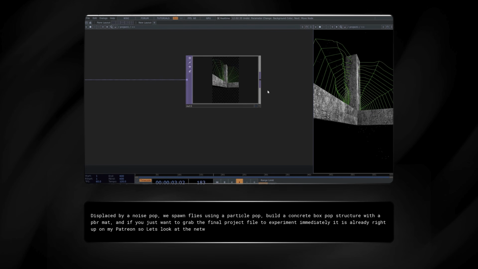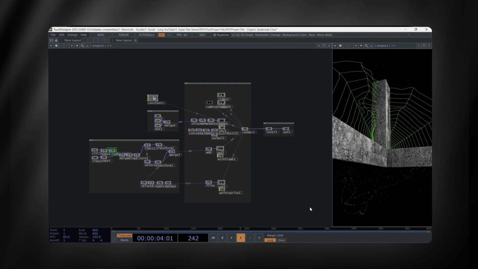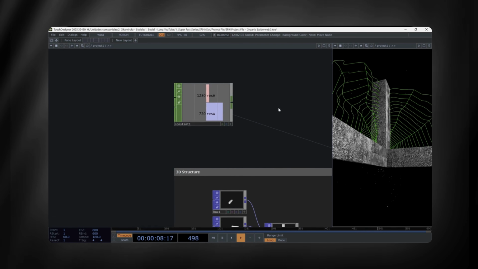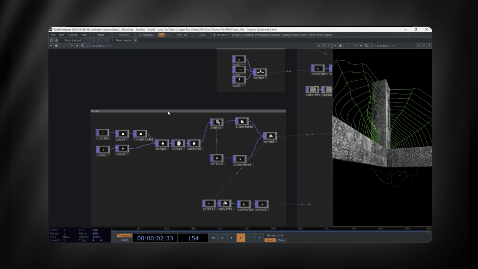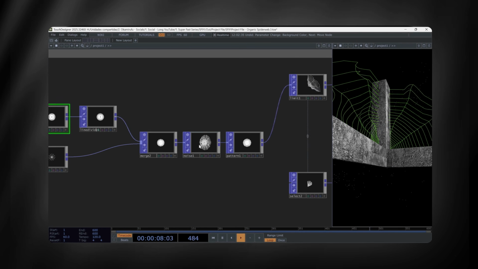So let's look at the network structure. Chapter 1. Overview. Our network is split into a few key sections. First, we use a constant chop to drive our global resolution. Then we build the core web geometry, using circle, line, and copy pops, applying a noise pop to make it